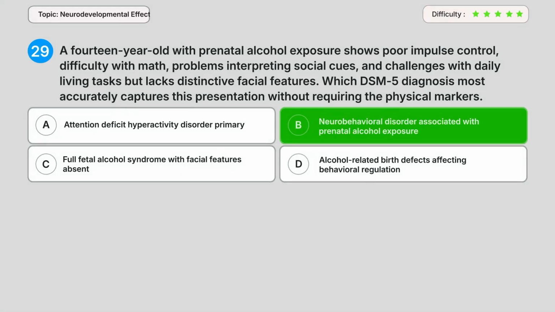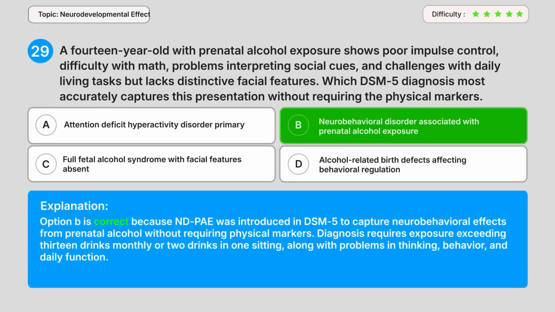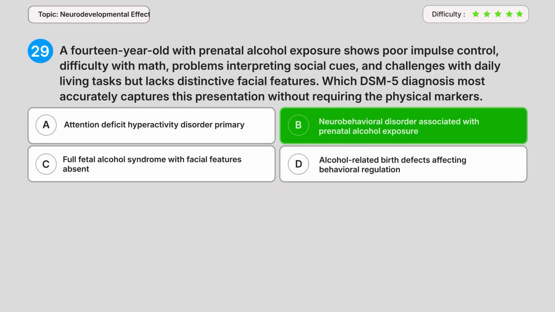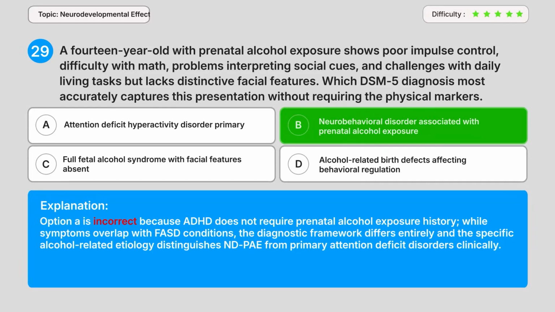Correct answer. B. Neurobehavioral disorder associated with prenatal alcohol exposure. ND-PAE was introduced in DSM-5 to capture neurobehavioral effects from prenatal alcohol without requiring physical markers. Diagnosis requires exposure exceeding 13 drinks monthly or 2 drinks in one sitting, along with problems in thinking, behavior, and daily function. Option A is incorrect because ADHD does not require prenatal alcohol exposure history, while symptoms overlap with FASD